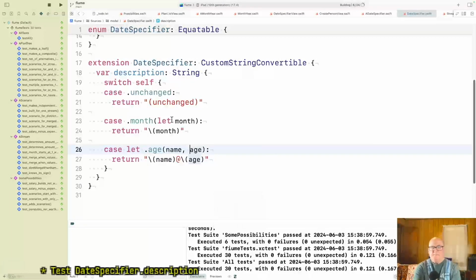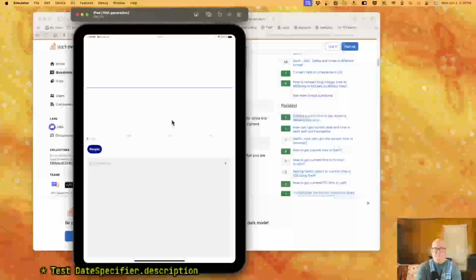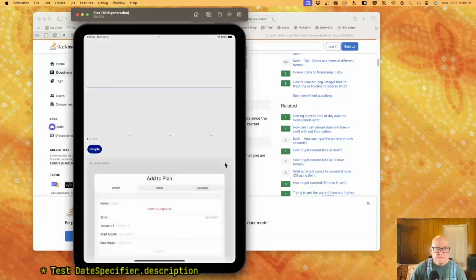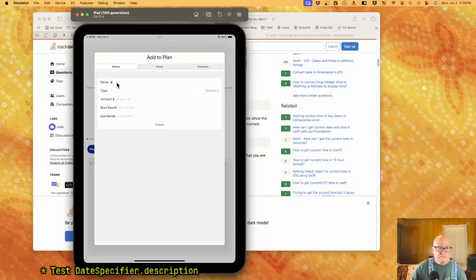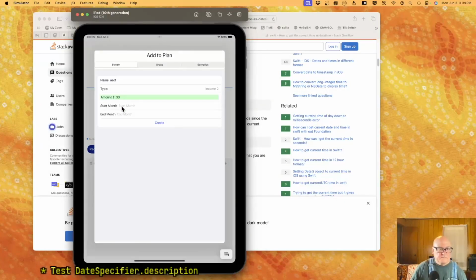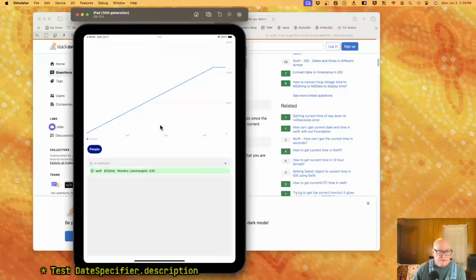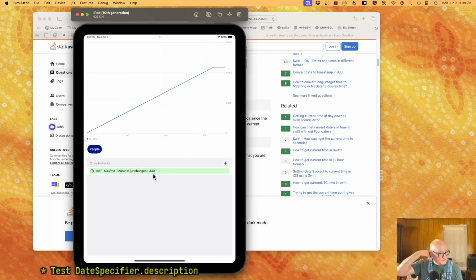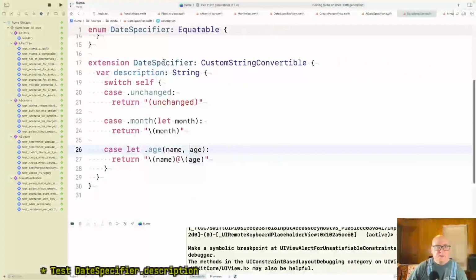Okay. If I leave it, it should say unchanged. And if I put one, it should have the number. Unchanged to 330. Yeah. I think that'll be a slight improvement. Okay, so we added a description to date specifier.